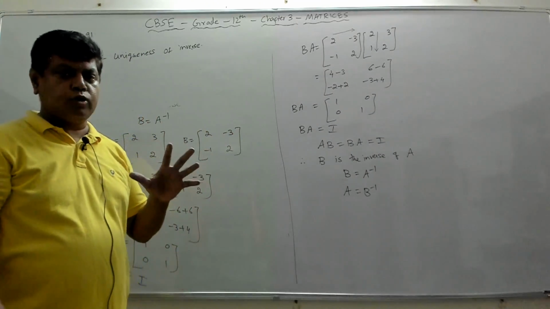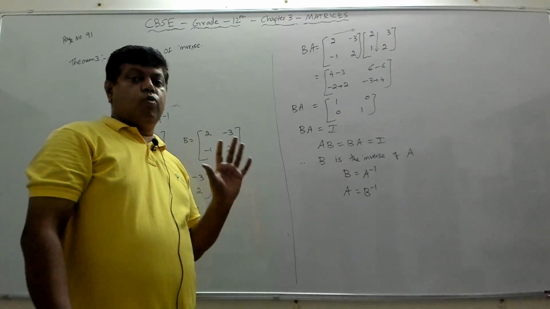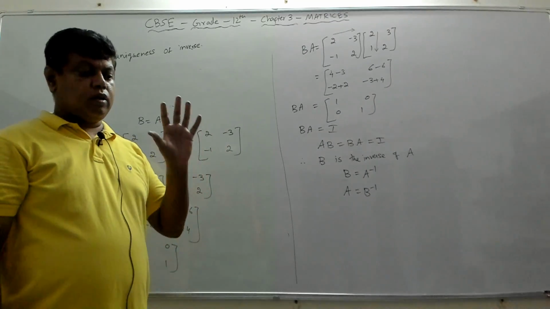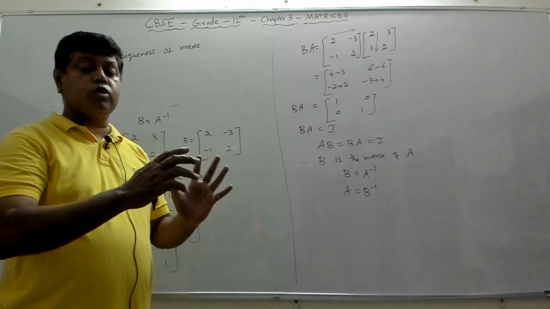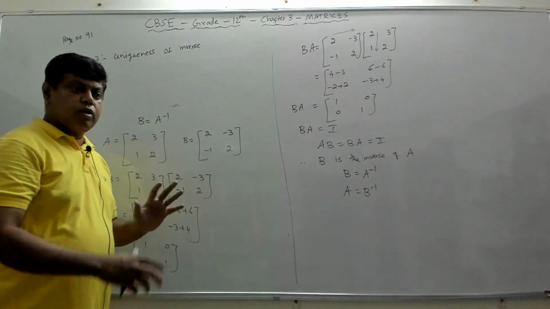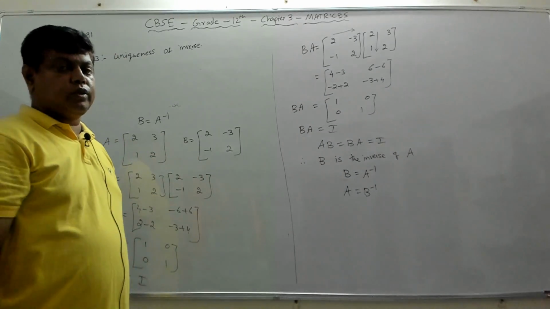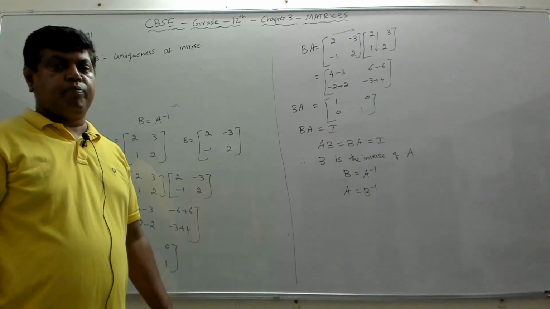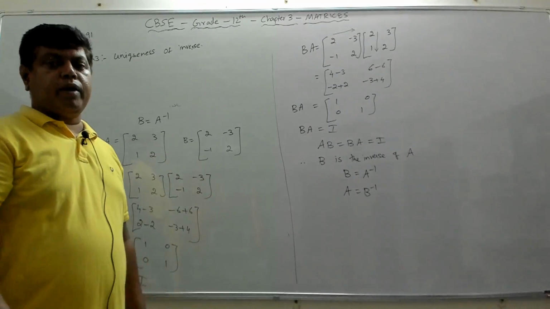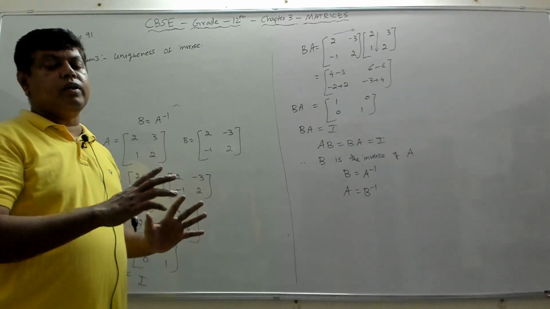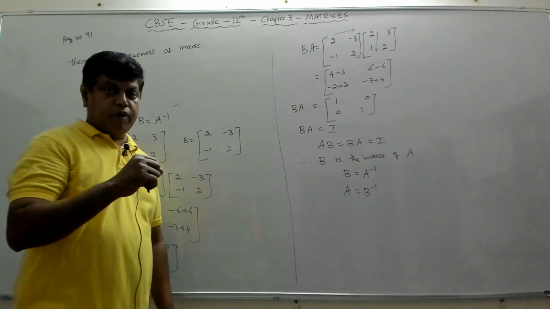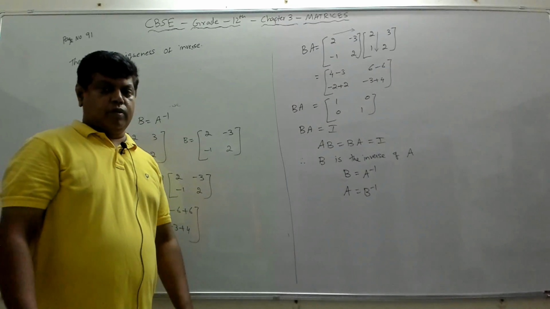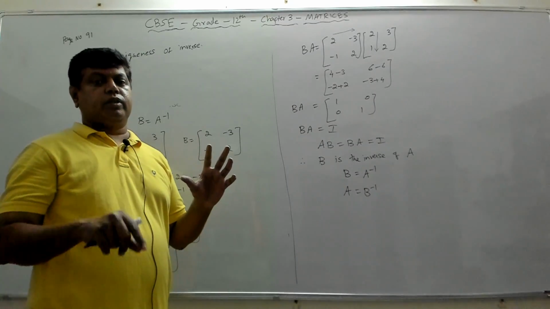It should be a square matrix obviously. So a square matrix cannot have two different inverses. Inverse of a square matrix, if it exists, it's not like all the square matrices have an inverse. There are square matrices which do not have an inverse. That's why I'll teach you that condition also, where there is a square matrix but it will not have an inverse. But certain square matrices have an inverse. Suppose A is a square matrix and it has an inverse, then we have to show that that inverse is unique, which means matrix A cannot have two inverses.